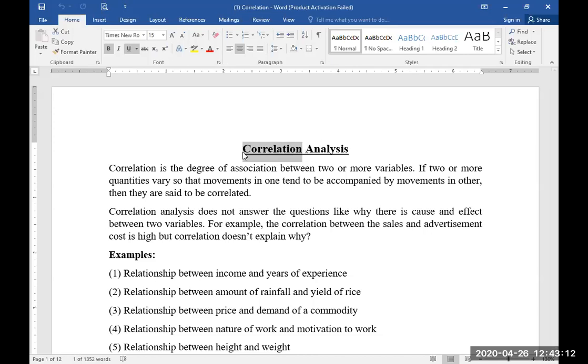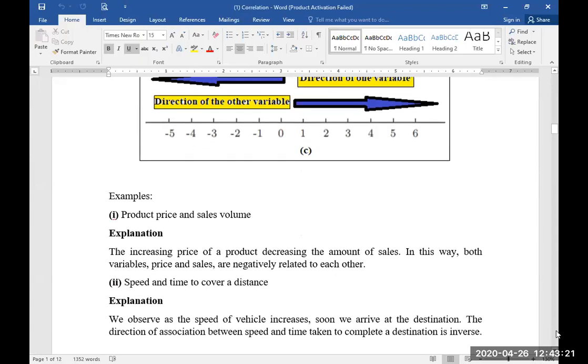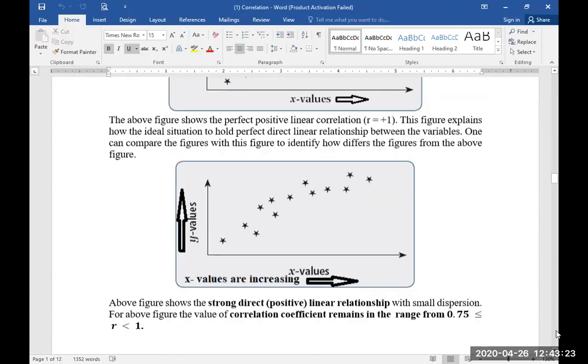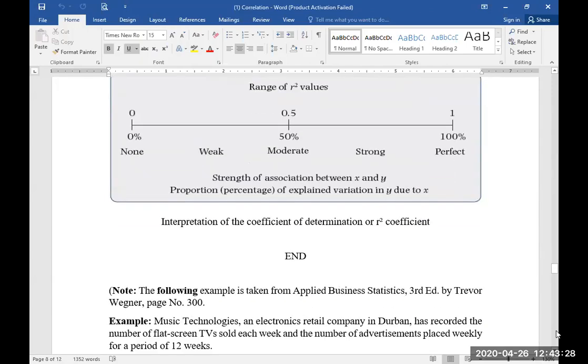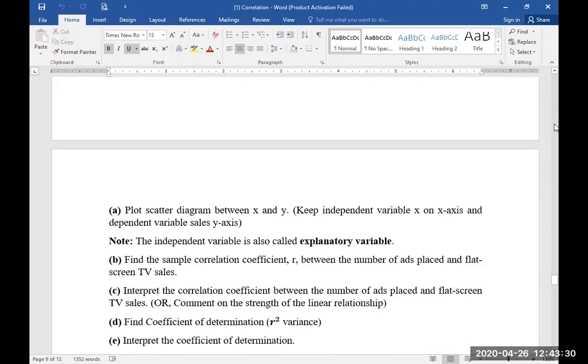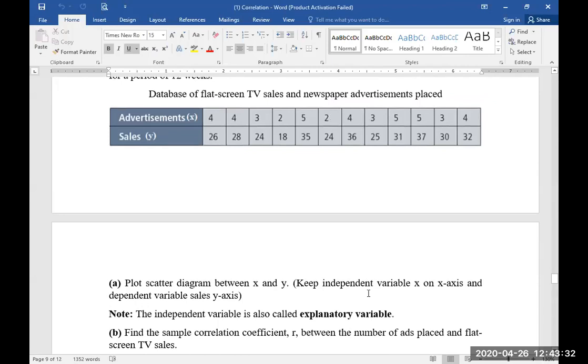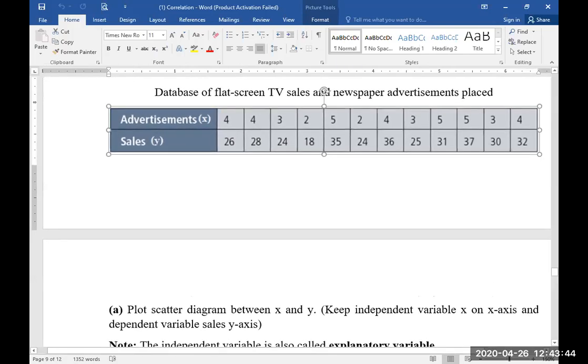Today I will show how to find the correlation coefficient and regression equation on the calculator. We know, students, that we have discussed the correlation coefficient. This lecture I have also gone through. Now the remaining thing was how to find the correlation coefficient by using a calculator. Okay, students, this video explains how to find the correlation coefficient by using a calculator.